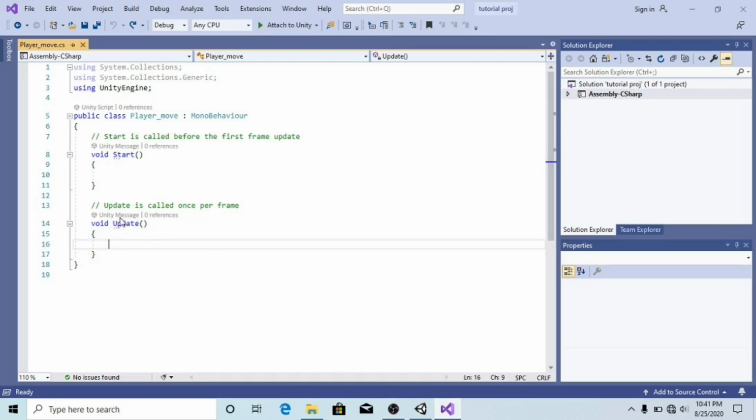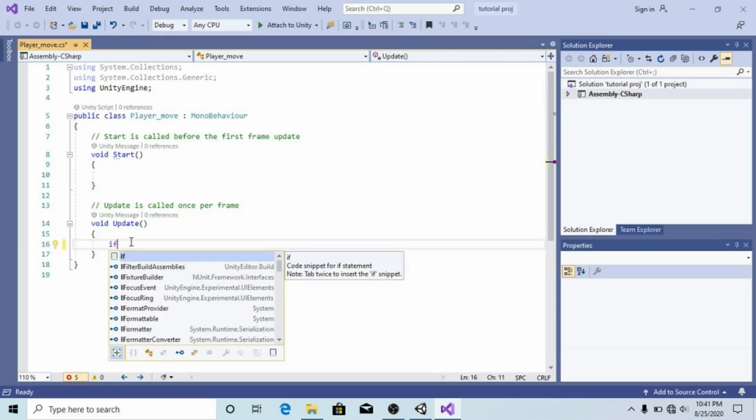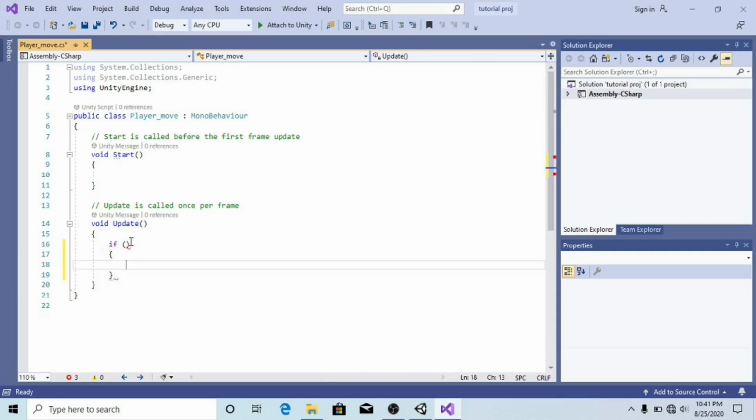Okay, above our code here you can see the various functions. It says start is called before the first frame update, and update is called once per frame, and most of our code is going to be under void update. And to make our player move left and right, we're going to be using transform.translate. Okay, but we will need to press some keys to make our player move left and right, and to do that we'll need to use the if statement, open parenthesis, open curly brackets, and in here we're going to